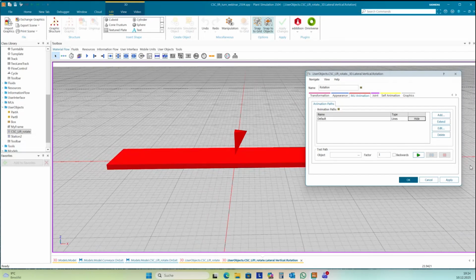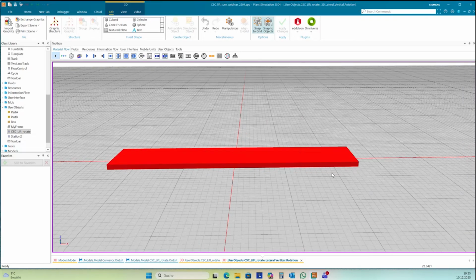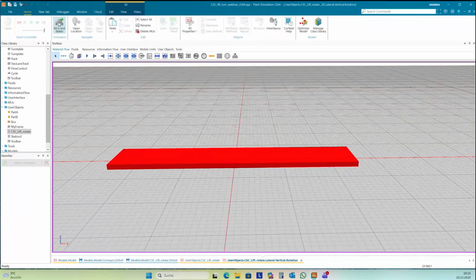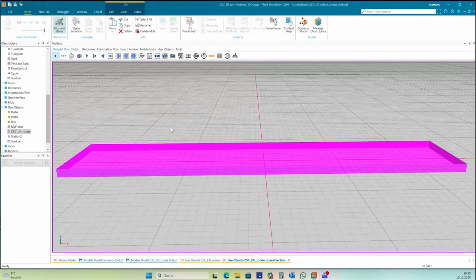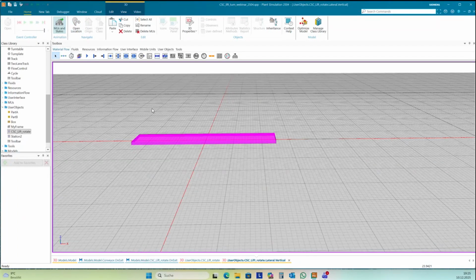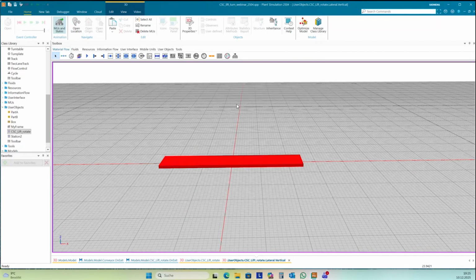This is step 1. You need at the last object in your graphic structure to add one MU animation. So now I go back.